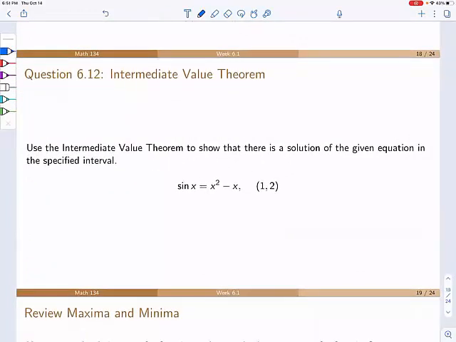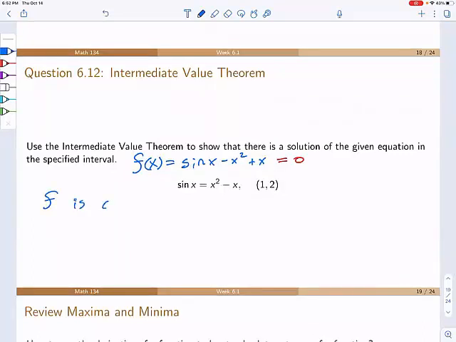that we can do similar to how we did the one above. We're going to use the intermediate value theorem to show that there's a solution, and it's going to look a lot like the example from before. So I have sine x, and I'm going to subtract both sides by x squared and add x to both sides. And then my target number that I'm trying to make sure I cross is 0, so I'm looking for a root of this function. And I can say that f is continuous